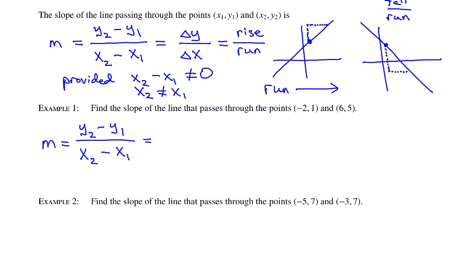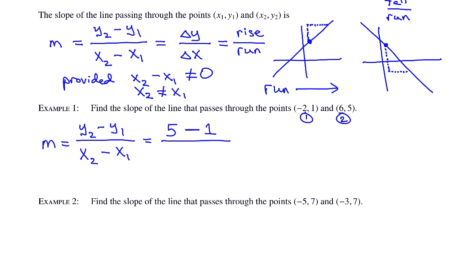I'll use the point (-2, 1) as the first point, and (6, 5) as the second point. You must use the points in a consistent order, so I suggest that you label the points when you use them. y2 is 5, minus y1 is 1,